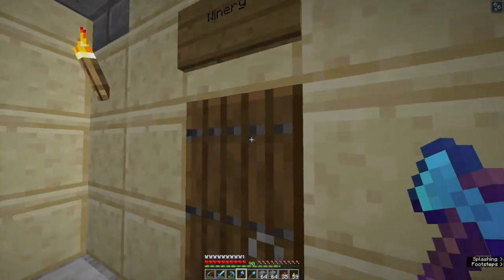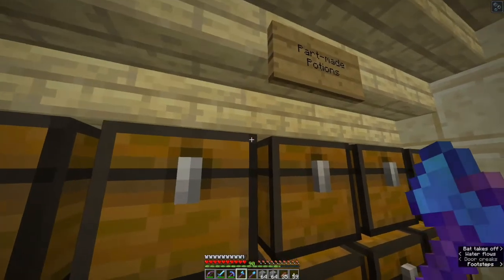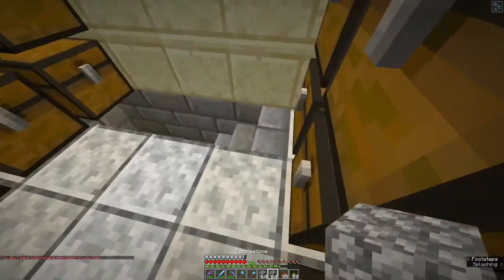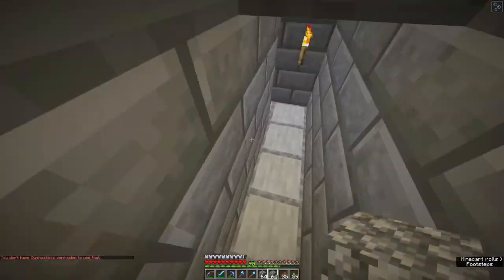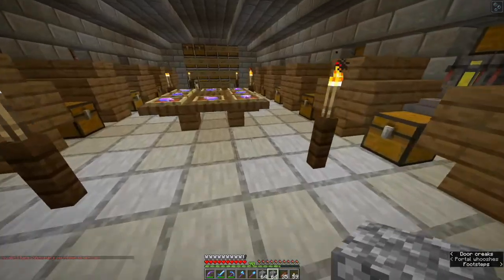And let's see, here is the winery. See, this is the brewing place. Okay, here we go. Part made potions. Potions ready for export. Oh, he's so cute. Anyway, down here is the winery, which is quite impressive. This is his auto brewing